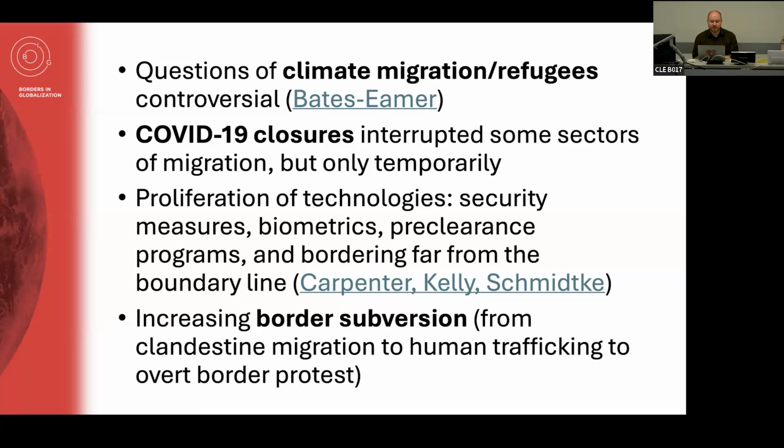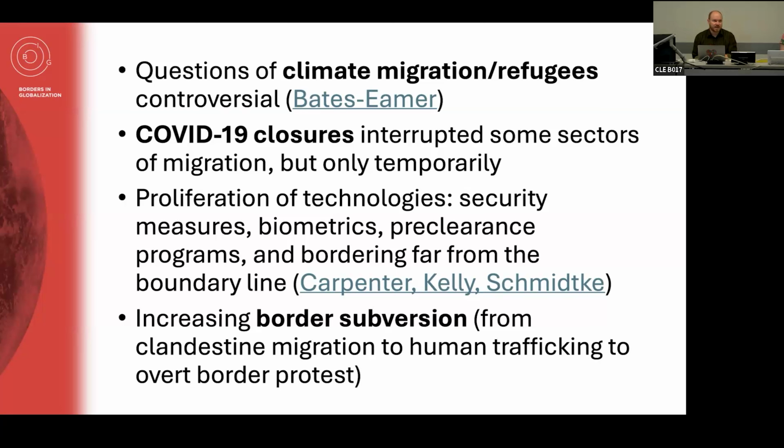And we're seeing increasing border defiance, subversion of borders, from clandestine migration, think unauthorized migration, irregular migration, or illegal migration, as it's sometimes called. This is for individuals who sneak across a border, avoiding official crossings. And it also includes people who overstay their visas. Maybe someone gets a tourist visa or a work visa or a student visa, and when it runs out, they don't check in and return or leave the country. They just drop off the grid and continue to stay, even though their visa has expired. That would be unauthorized migration.